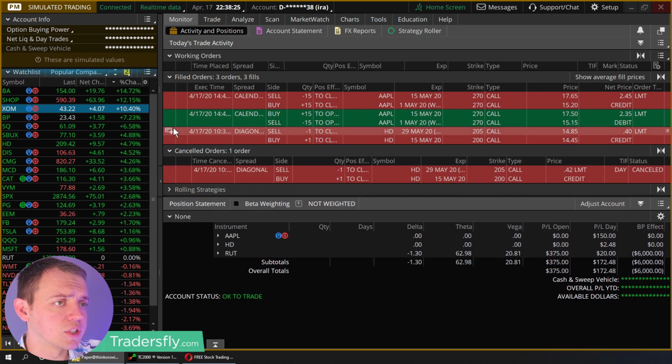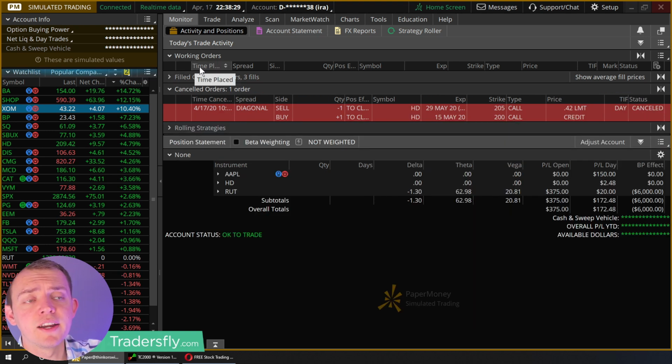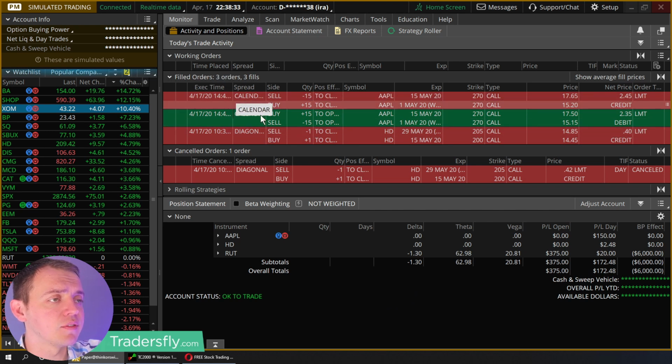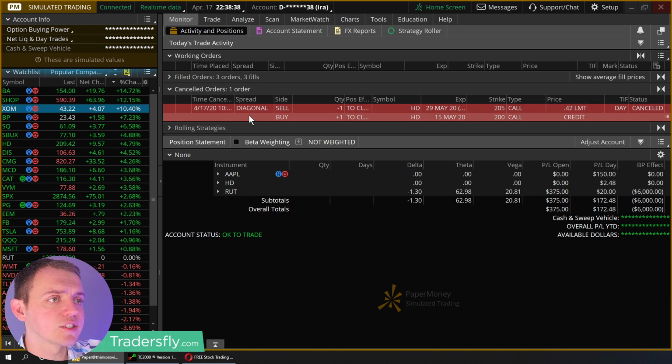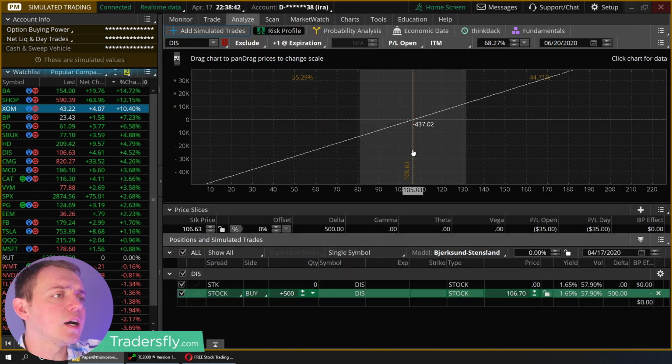So you also have rolling strategies. But anyways, working orders are the ones that are in there, not filled yet. It might be in there for a minute or 2 minutes. Filled orders is going to be the orders that were executed for that day. And then canceled orders were the ones you canceled out. So anyways, in this case, that's the way I work with this basic